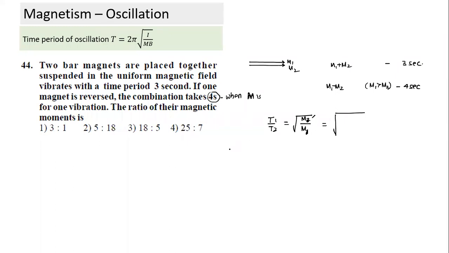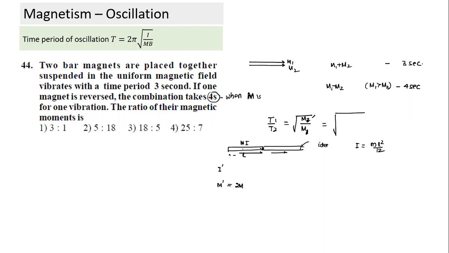So can we solve that question also? Suppose I had two identical bar magnets, and you should tell me the answer now. You have two identical bar magnets. This is M and this is I, identical shape. So we connect them together. What will be the new value of I dash and the new value of M dash? M dash is very simple. If we have placed them along the same sense, M dash will become equal to 2M. What will happen to I? See, what was I equal to initially? Let's take the mass of each one as M and length as L. I was equal to ML square by 12.